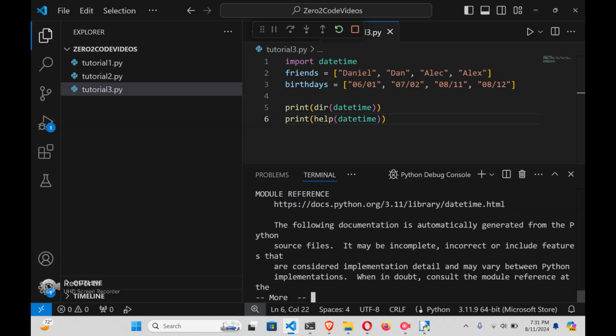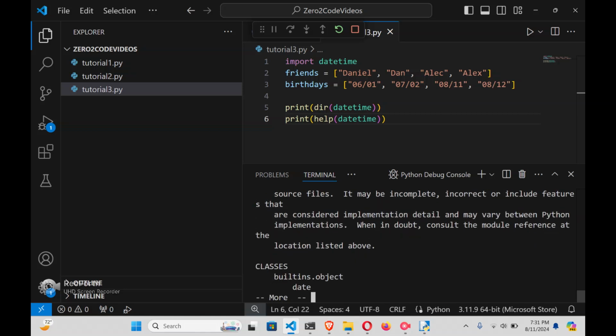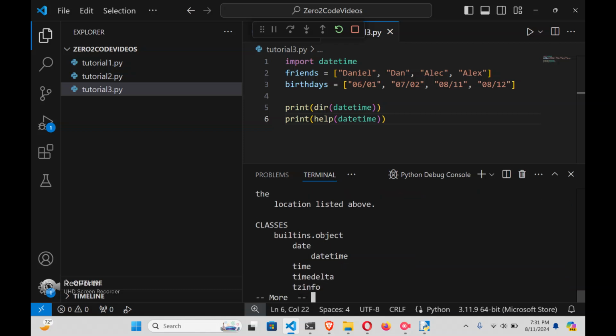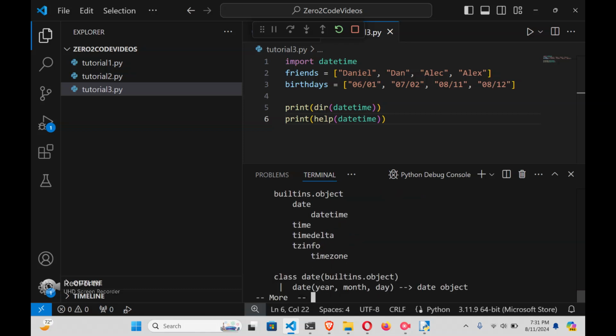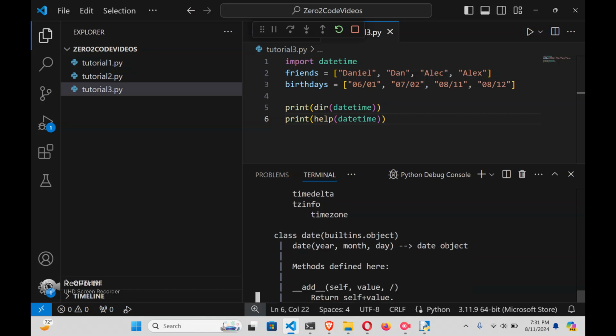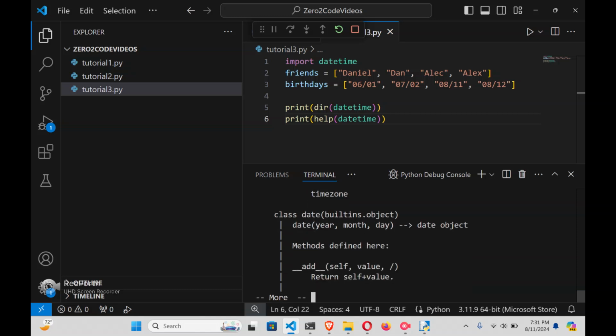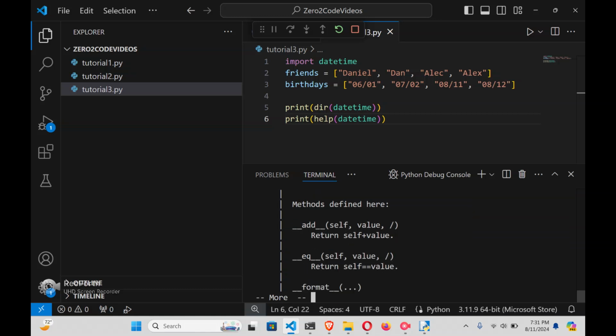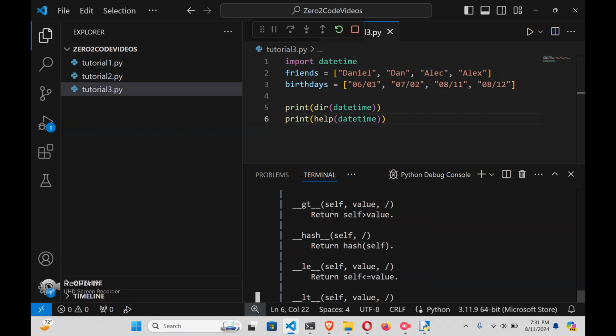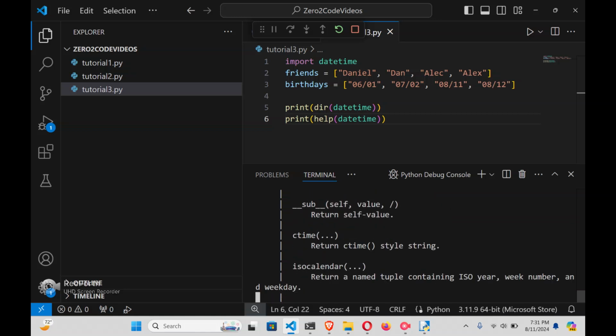And I'm going to hit enter because it says more here, so that lets me move down. And it mentions we've got date, datetime, and for the date, it looks like this is what allows us to generate a date. We just want the current date. So let's keep scrolling down. And there's all these